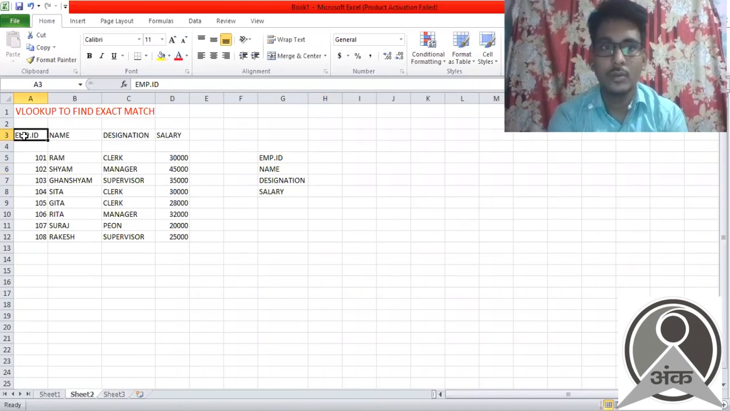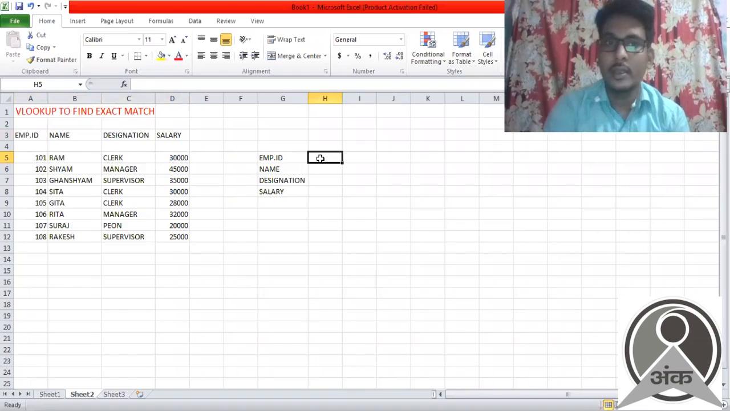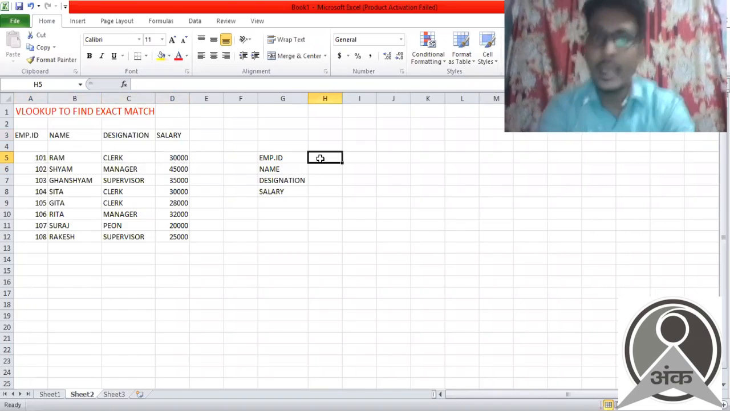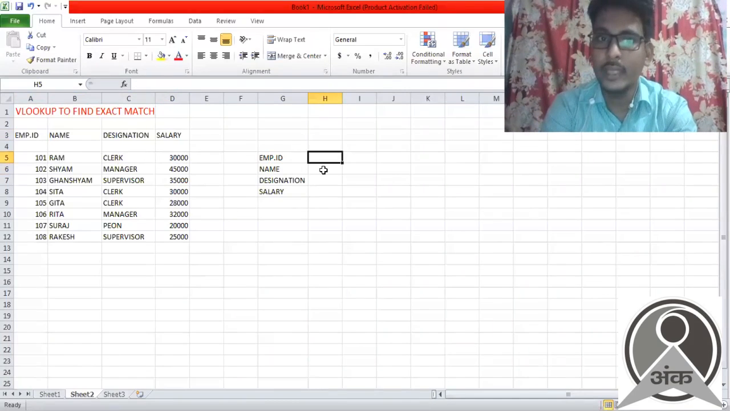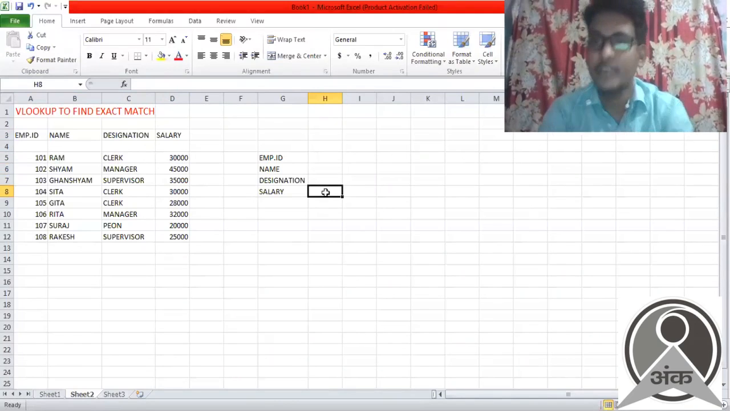So there are employee ID, name, designation, and salary. And the employee IDs are 101, 102, and so on. The names Ram, Syam, their designation, and salary. Okay, so in this employee ID column, I need to type an employee ID and I want to know their name, designation, and salary. So before starting VLOOKUP,